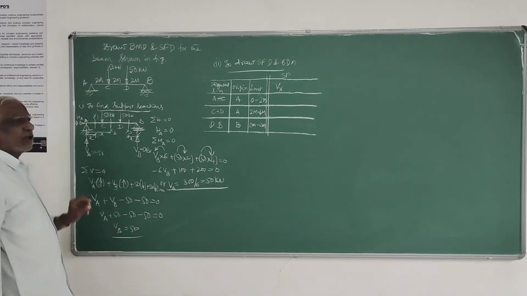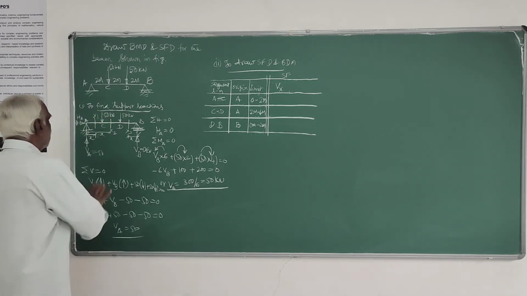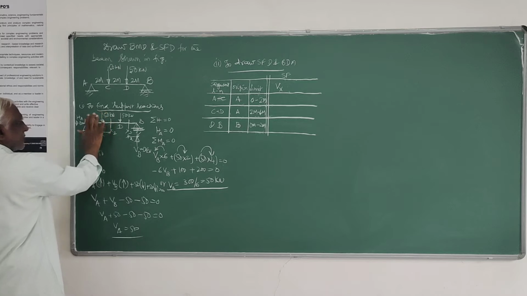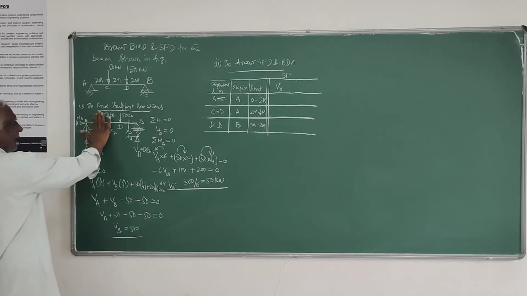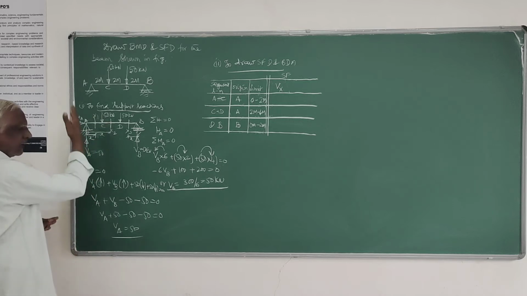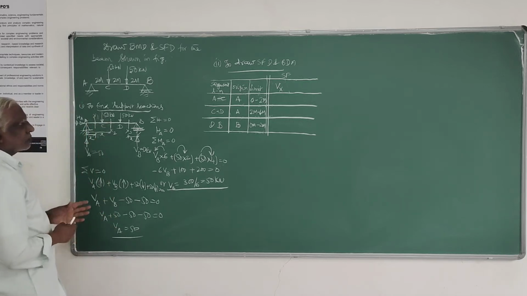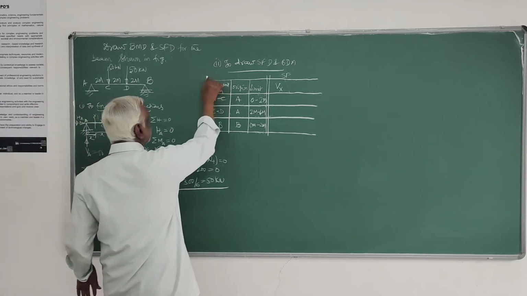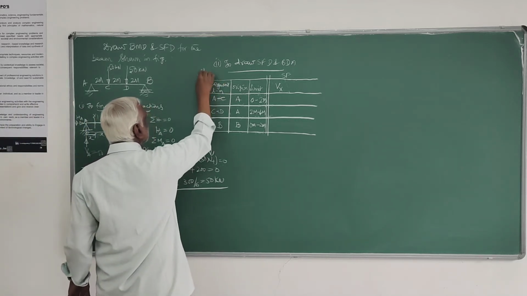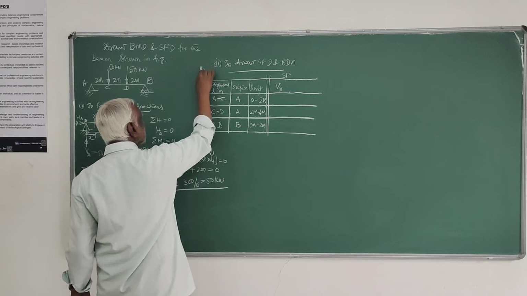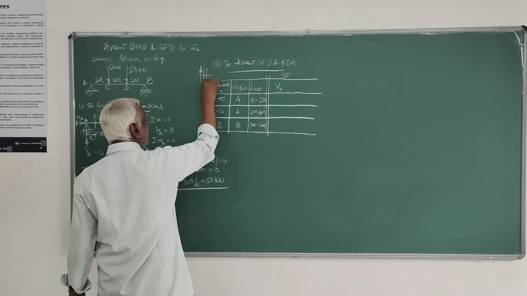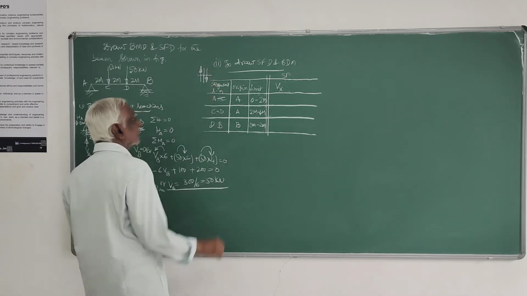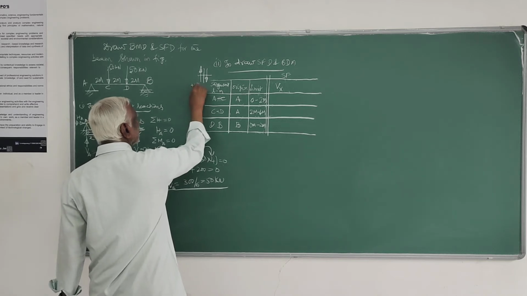Then you can write for shear force the equation Vx. Vx equals, you apply the definition for this AC portion segment. According to our definition, shear force at any section is the algebraic sum of all vertical forces towards right or left. So the sign convention for shear force is towards left, upwards positive; towards right, downward positive. This is positive shear.